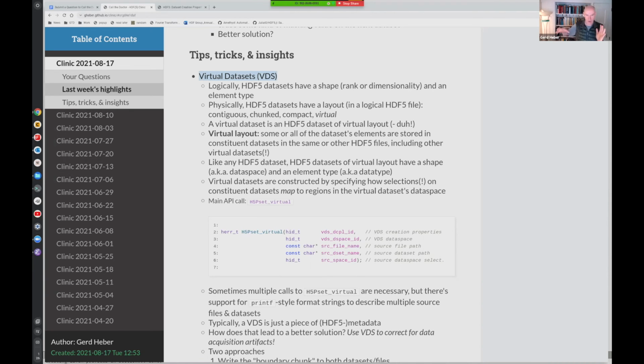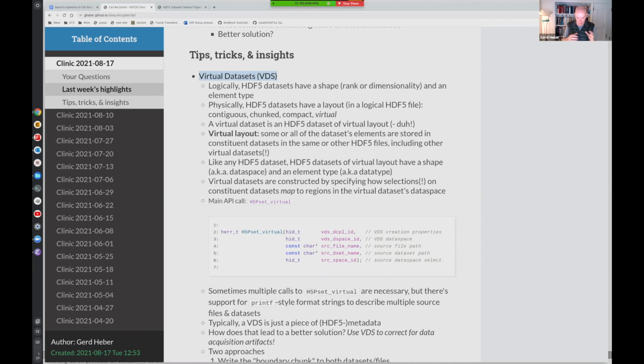And not to confuse you, but it's possible that the constituent data sets of that virtual data set are in turn also virtual data sets, but you can ignore that for now. That doesn't really complicate matters much, but it's possible.